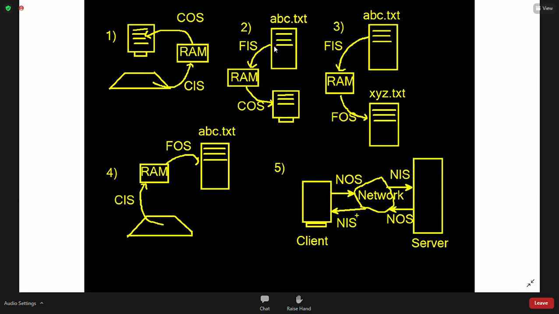Here, reading from file, displaying on monitor. So hard disk to RAM, RAM to monitor. This is one type of application. Through a Java program, we can display file content on monitor. Through a Java program, we can copy one file's content to another file.